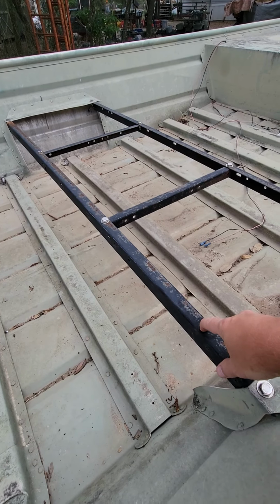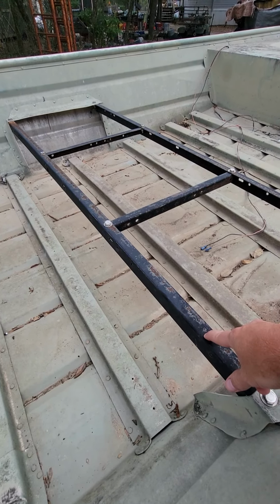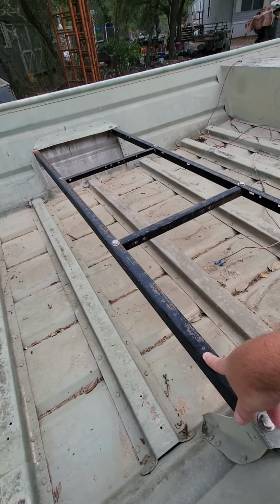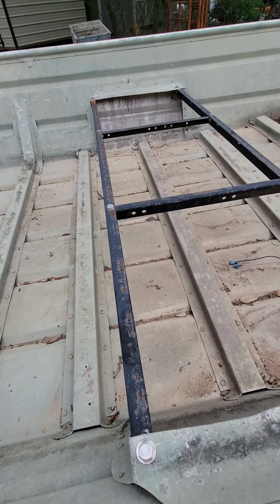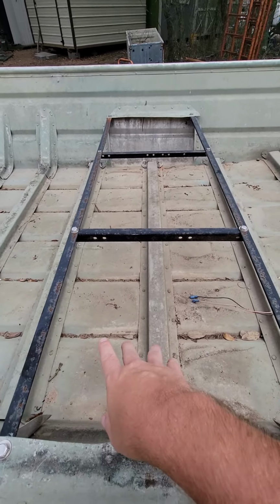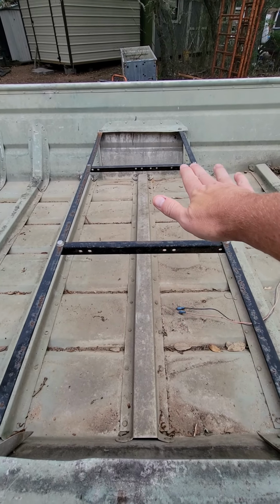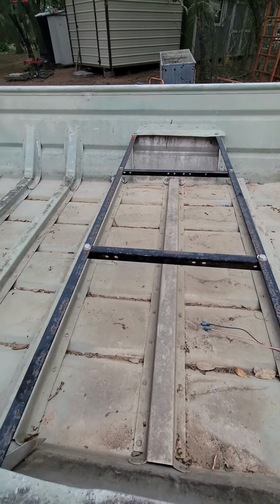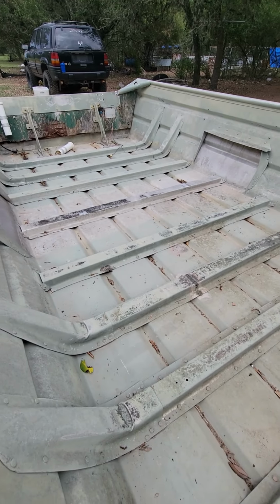But this, I'm going to put 2x10 across there. It actually comes out to, I think it's 20 inches dead on. But I'm going to take 2x10 and run 2 of them across there to make a bench seat up here. And then that one back there, I think